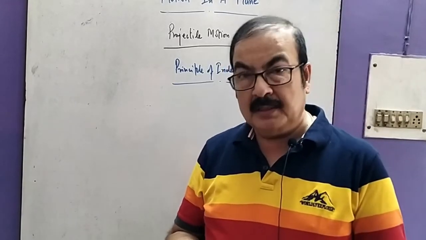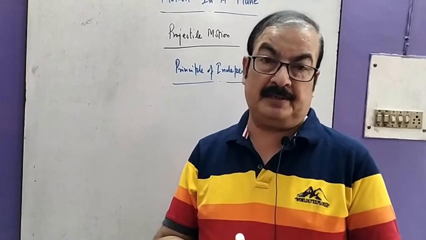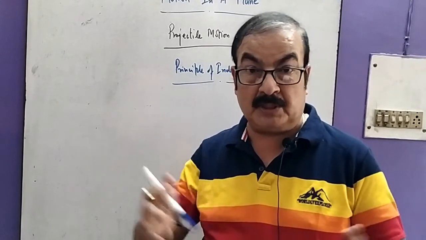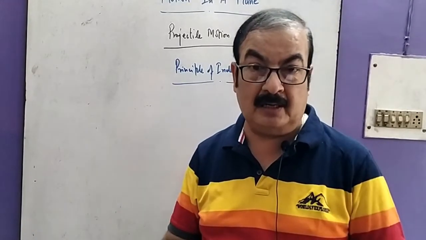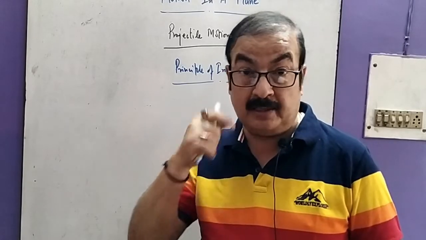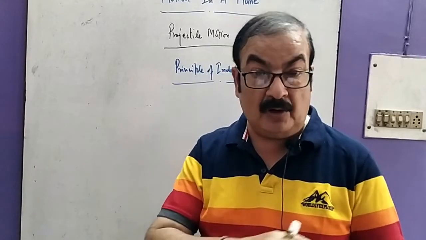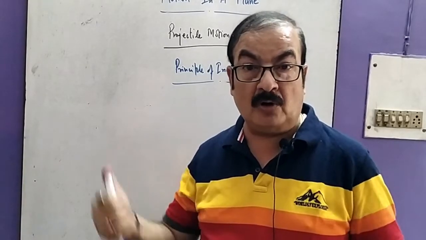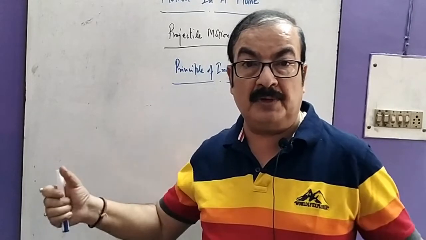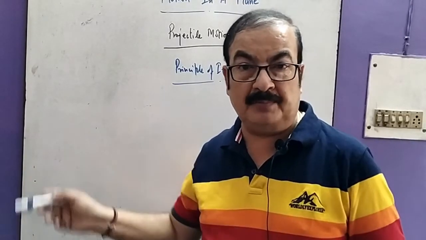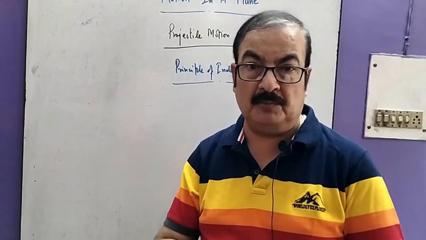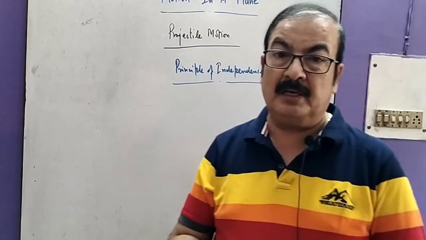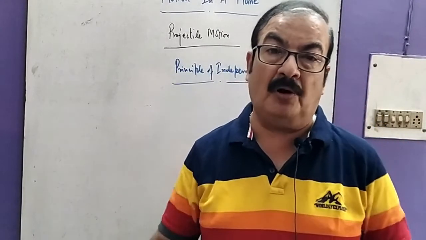According to this principle, in the absence of air resistance or viscosity, that is, no wind blowing in the atmosphere, no storm. Remember, if a storm blows, the air resistance will be different. Then we will not have that type of thing. During a thunderstorm, during a very strong wind, or in an atmosphere full of dust particles, we cannot have the same thing as ordinary projectile motion. Therefore, for independent motions, all such things need to be absent.